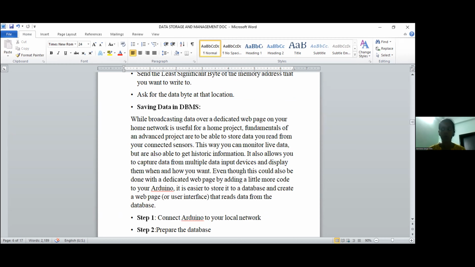So for all these applications, this can be applied easily to a database. Similarly, we can also improve the working of the DBMS just by adding a little more code to the Arduino system. So we have the algorithm of how to store the data in DBMS using just Arduino. So here,